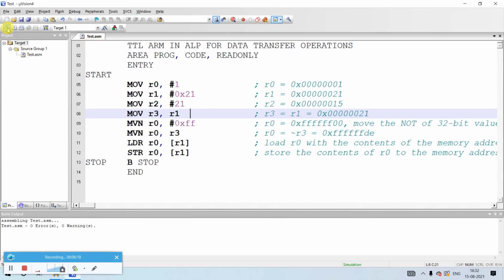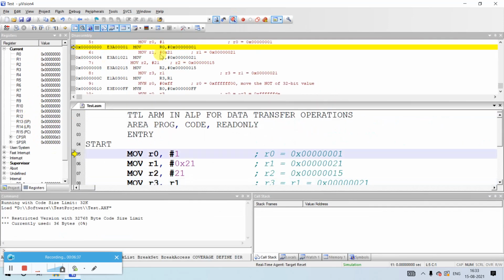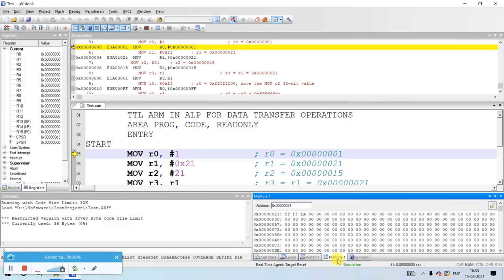Once it is added, now it's time to compile the program. Here you can translate it. You can see there are 0 errors and 0 warnings, and then you have to click on this build. Once you have built the program, you have to click on debug. This is a debugging session, and when you click on debug, click on OK here. You can see several windows. There are register windows, disassembly window, text editor window, command window, and there is a memory window also. If you want to see the memory, you can click on here, memory 1. Watch 1, UART cables and UART serial windows also, you can see it here.